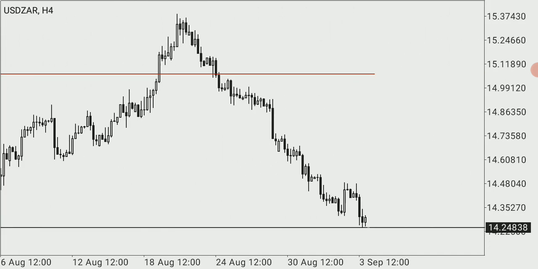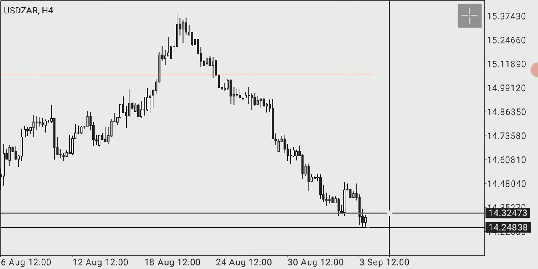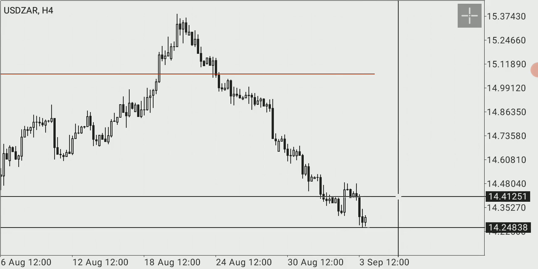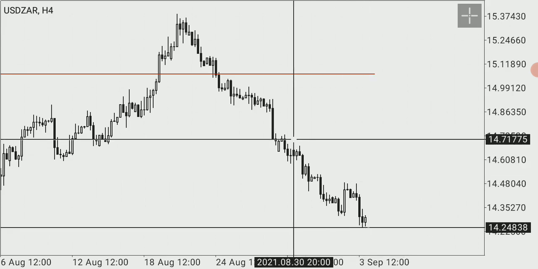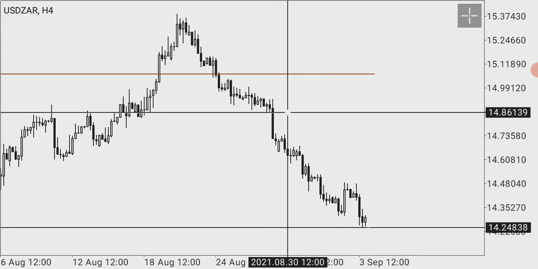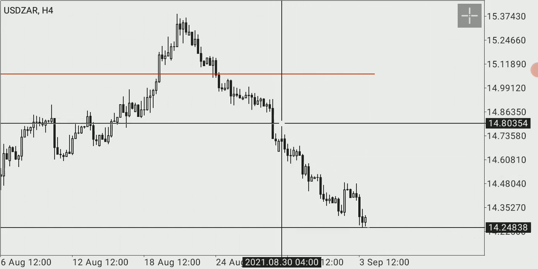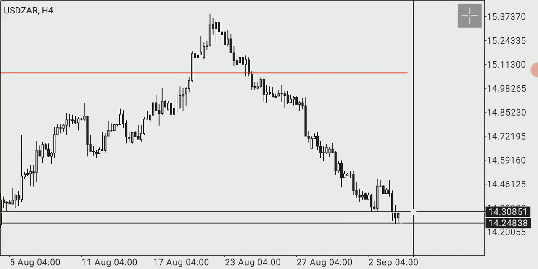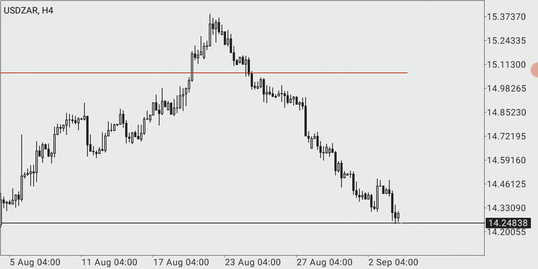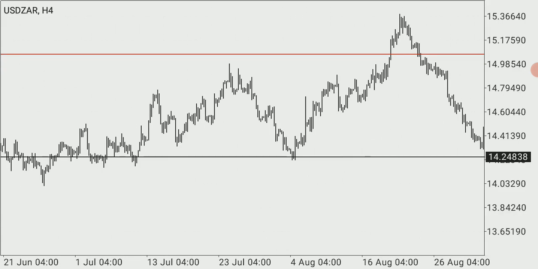And then let's see, we can see the price trade, maybe retrace to this particular order block and then drop lower again, continue. So I don't want to see it breach this high. If it breaches this high, then we might actually get to fill up this gap right there. All right, so taking out these highs and then filling up this gap right there before going lower. But I don't want that. I want to see a situation whereby we just trade up a little bit and then roll over. So that's what I want to see. Okay, so that's it. And that's what we're going to be looking at for this week.